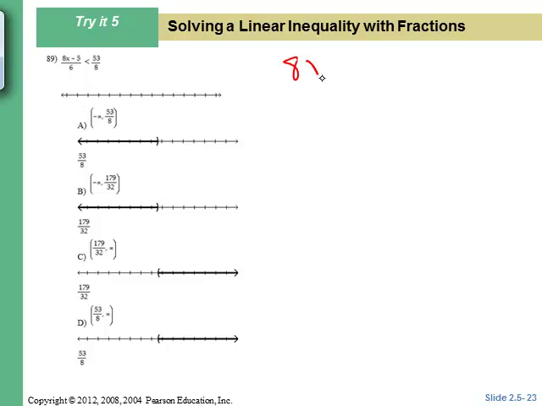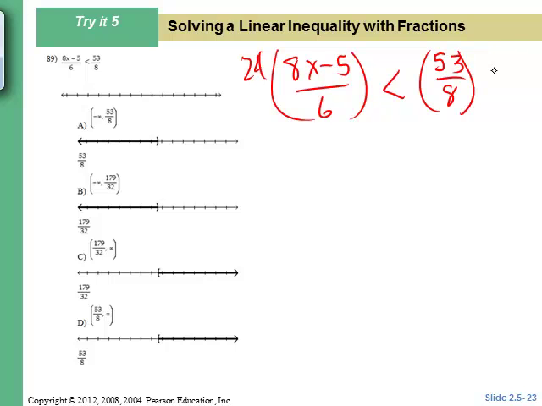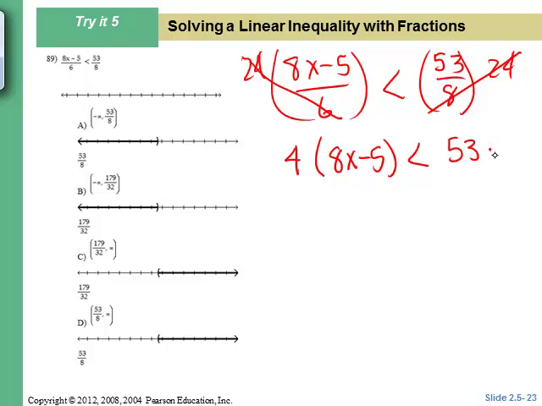Okay, common denominator of 6 and 8 is 24. So multiply everything by 24. This cancels and you're left with a 4 out front. 4 parentheses 8x minus 5 is less than. These cancel and you're left with a 3 out front. So you have 32x minus 20 is less than